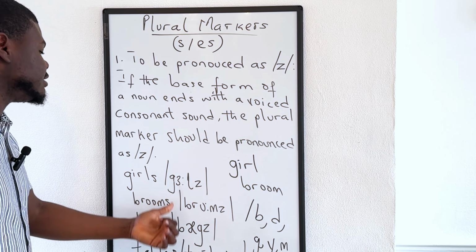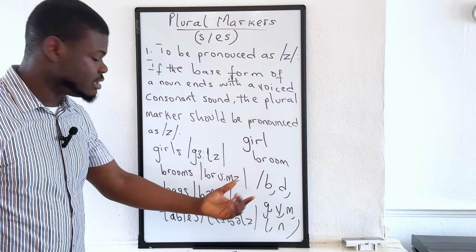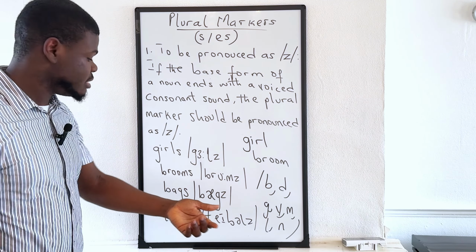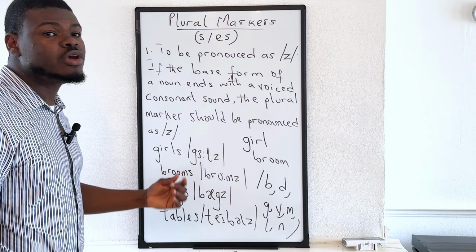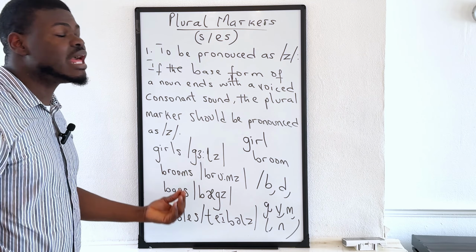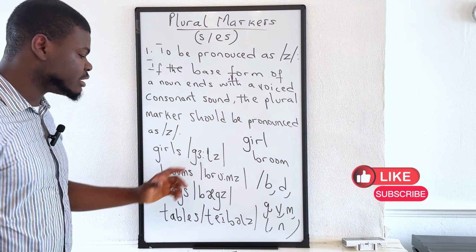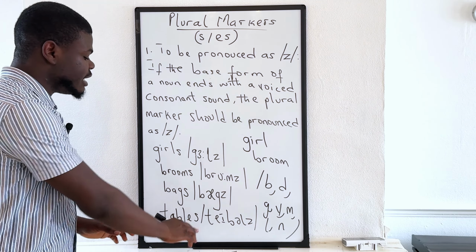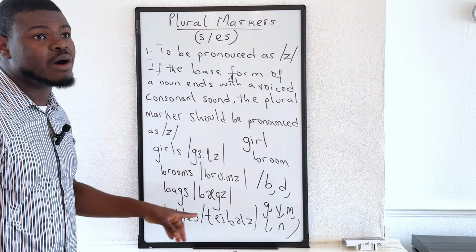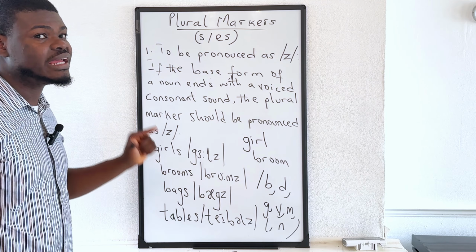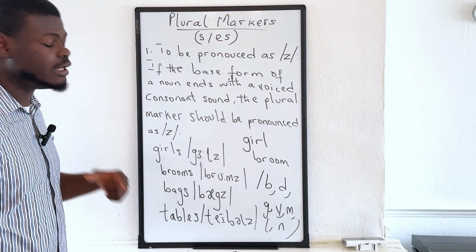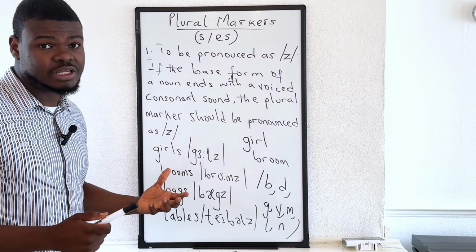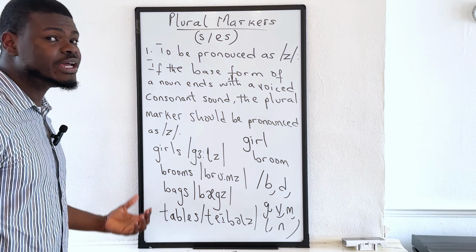Broom, when you add S to it, becomes brooms. Bag, when you add S to it, becomes bags. Table, when you add S to it, it becomes tables. Now, take note of the word table, even though the word normally without the S ends with the letter E. However, the letter E there is silent. It's not pronounced, yeah? So the last sound of the word table is also the L sound, yeah? So when you add the S to it, it becomes tables,